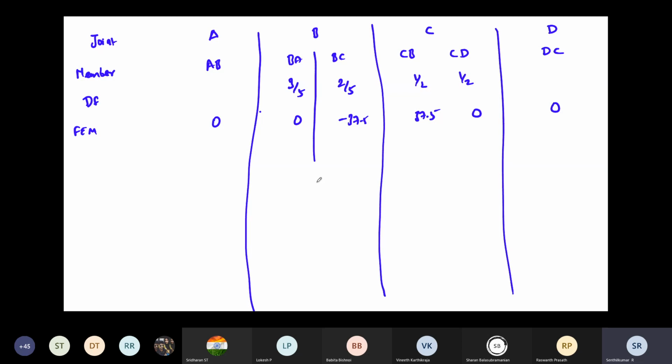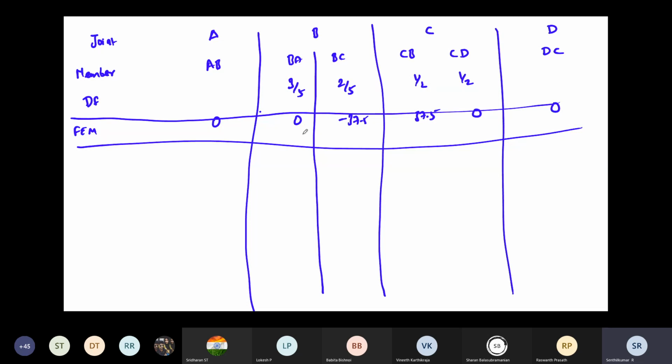just check. This is the final moments. Okay. So if adding, you are getting minus 37.5. At joint B, the summation of moment should be equal to 0. So what you have to do? You have to balance the unbalanced moment. That is plus 37.5 we have to put. So we apply 37.5 in the positive direction at the joint. So for the members, you have to distribute based on the distribution factor.